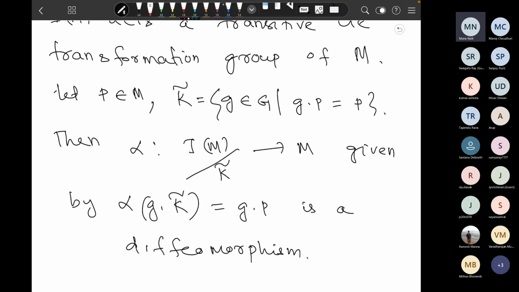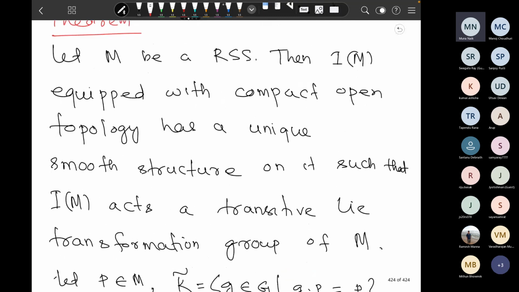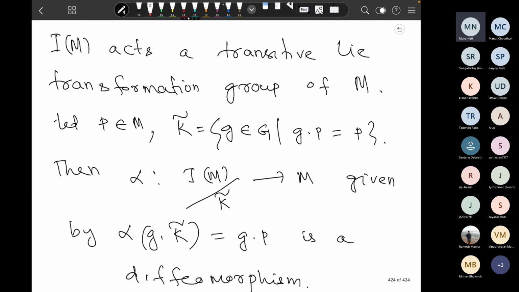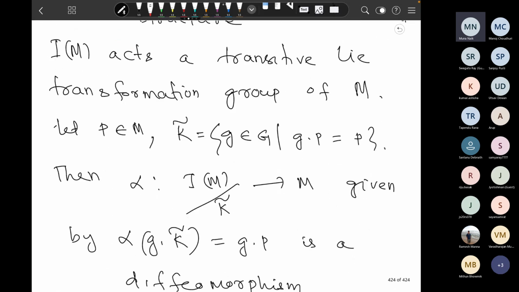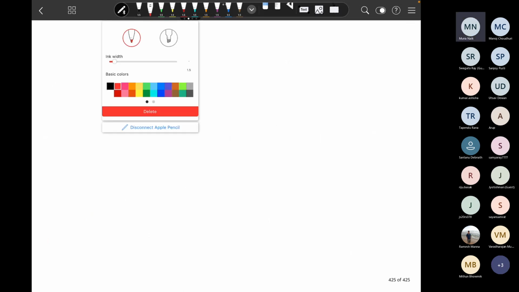For the proof, you can see Helgason, and the proof is also not difficult. One thing here: it is also true that if M is only a Riemannian manifold, then IM is also a Lie group, but the proof is difficult. And here the only advantage is that IM acts on M transitively, and that somehow makes the proof easier. I could have done it, but it will simply take 2-3 classes, which I do not like. So now I want to prove a proposition.